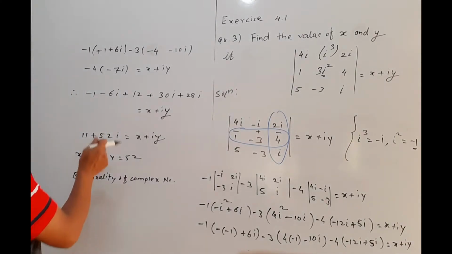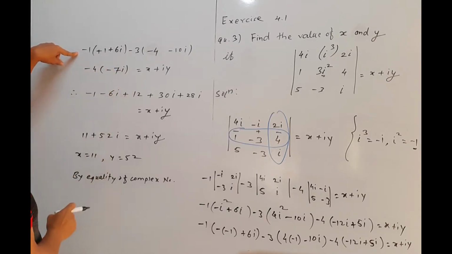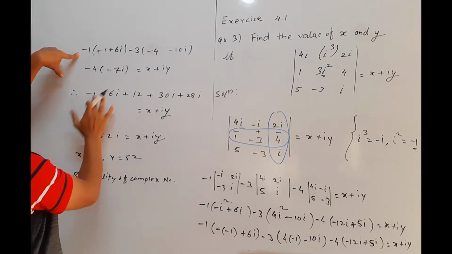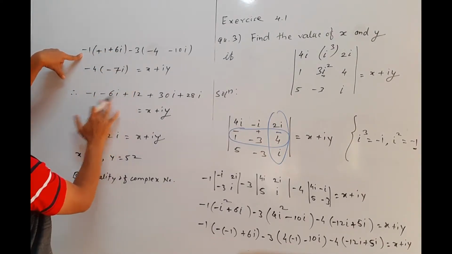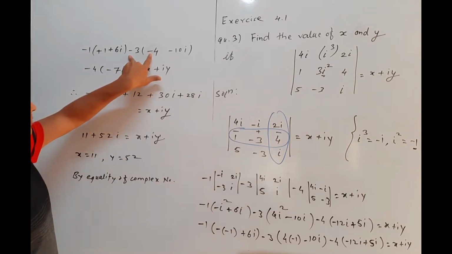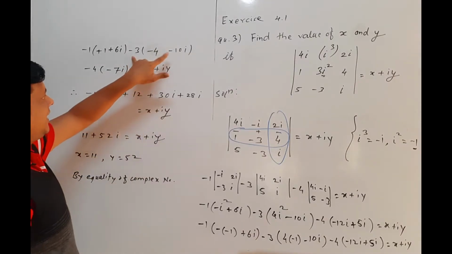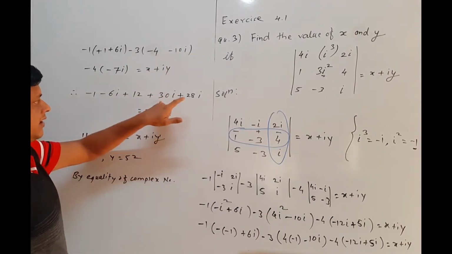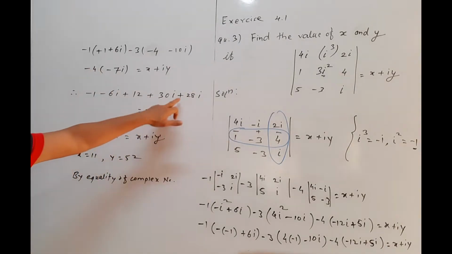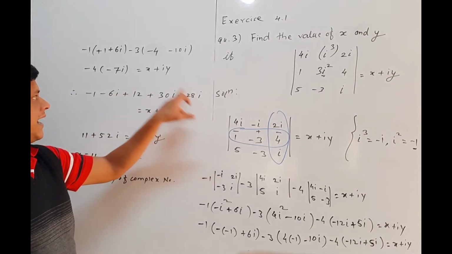Now see here, we multiply by minus 1 to the first bracket, so minus 1 into 1 we get minus 1, minus 1 into 6i we get minus 6i. Then here we multiply by minus 3 to minus 4, so minus minus gets plus, 4 into 3 is 12, then minus minus gets plus, 3 into 10 we get 30, so we write here 30i, here minus minus gets plus, 4 7s are 28 and this i, so we write here 28i and x plus